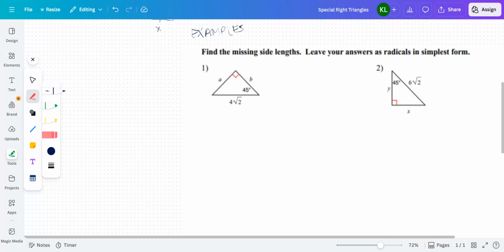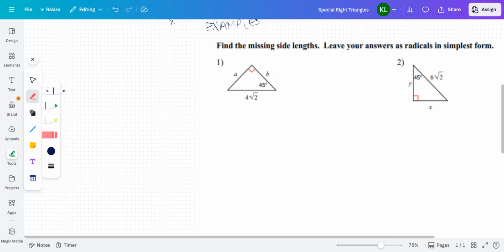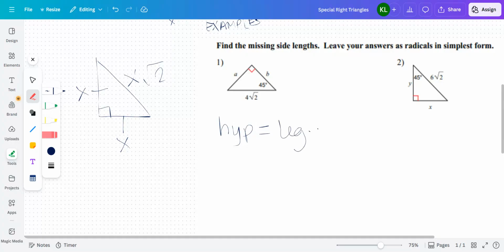Remember, the entire time I'm doing this, I'm keeping in mind that with a 45, 45, 90 triangle, my legs are going to be congruent. So I'm going to have 2 congruent legs, and then my hypotenuse is going to be x times the square root of 2. So I know that relationship exists. These first 2 problems are a little bit more challenging because I have my hypotenuse given to me first, but it's not that difficult. I know that my hypotenuse is equal to my leg times the square root of 2. I know that that exists based off